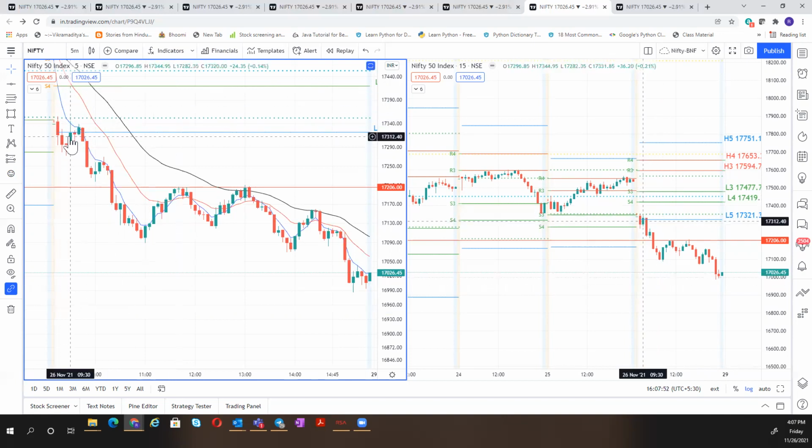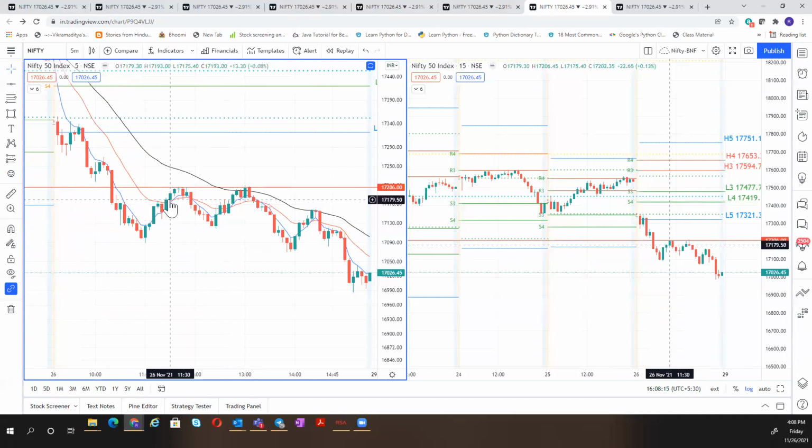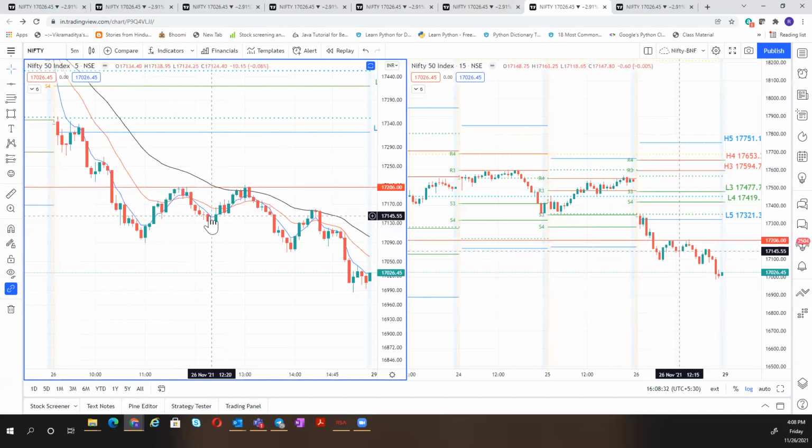So in a strong trend, what did I say? If you have seen my triple EMA videos, for any breakout, range breakout, R1 breakout, S1 breakout, L5 breakout, H4 breakout, the entry should be near the 5 EMA. And we have the pivot as stop loss here, and follow the 5 EMA, and your stop loss should be above the 15 EMA. However, when can you enter again? Again, closer to the 15 EMA or 34 EMA in a strong trend. What happens here? You know the price action, you know the market is going to go down. If you go down here and follow the 5 EMA, you have money here. See here, from here,